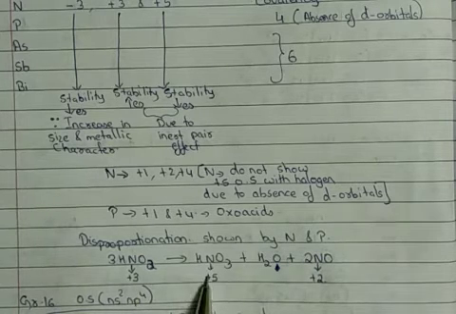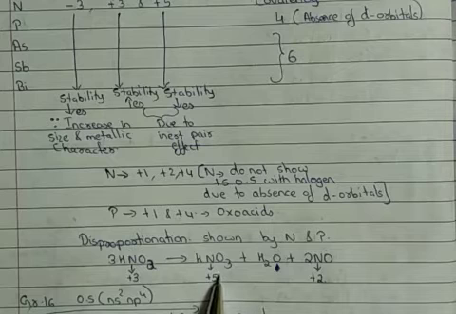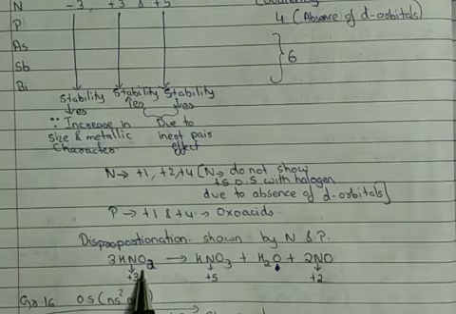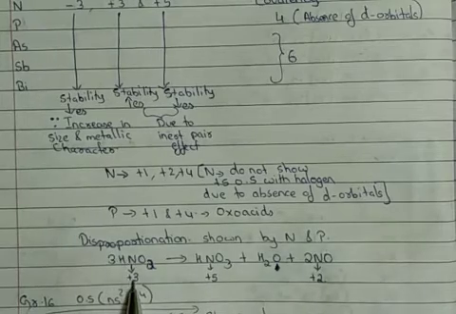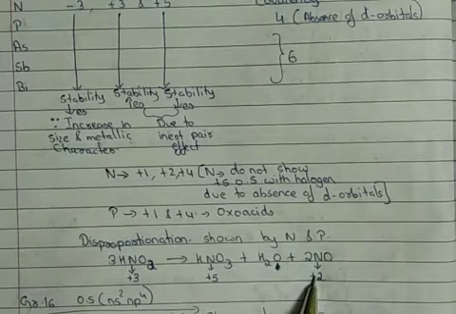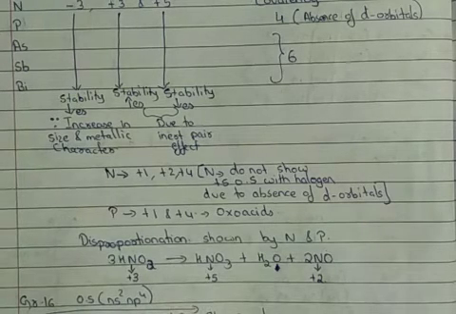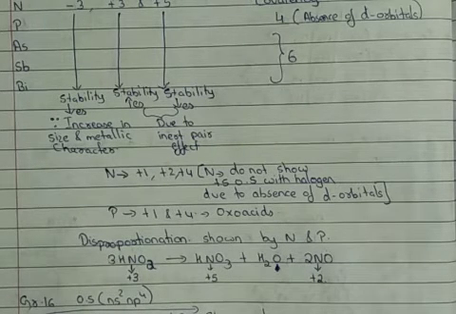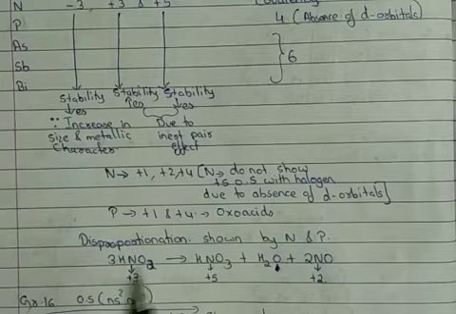So from left to right, nitrogen oxidation number is increasing, meaning it is undergoing oxidation. And if I compare between nitrous acid and nitrogen monoxide, it is moving from +3 to +2, meaning it is decreasing, that is, it is undergoing reduction. So you can see that the same nitrogen atom is undergoing an increase as well as a decrease in the given redox reaction. So that is an example of disproportionation.